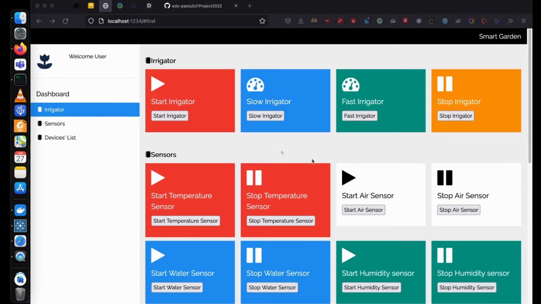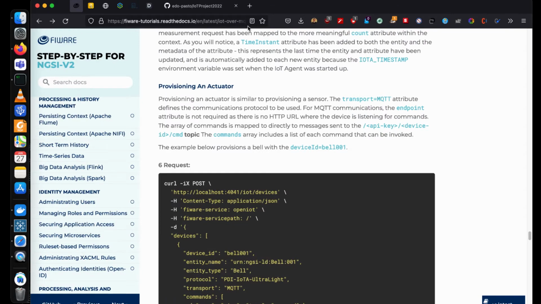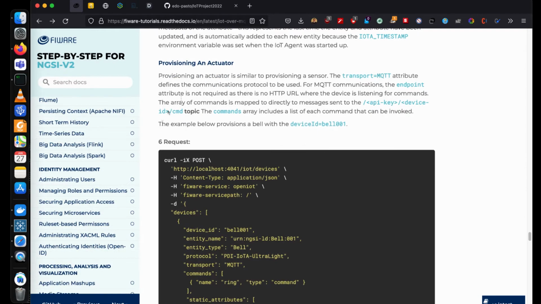And this is the user interface created by me, in which we have the possibility to start and stop all the sensors that I have registered using the syntax of FIWARE and using the FIWARE platform, following the tutorial of FIWARE that is on the FIWARE website. And so for